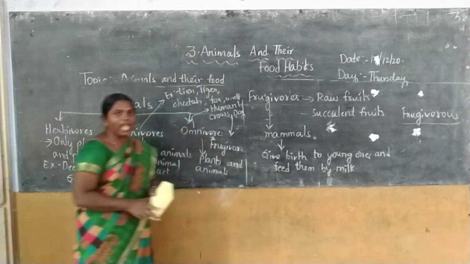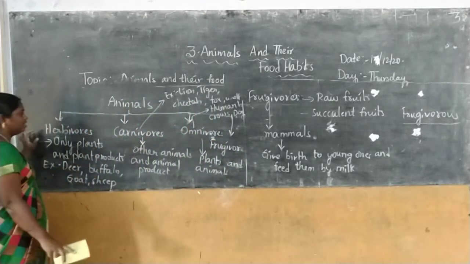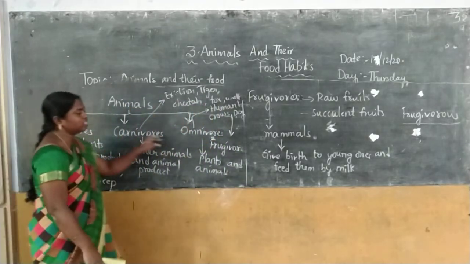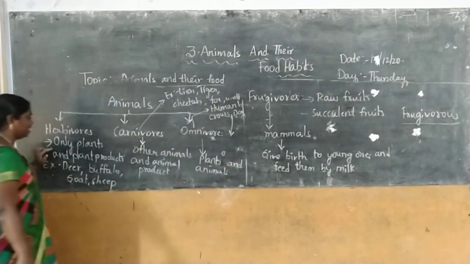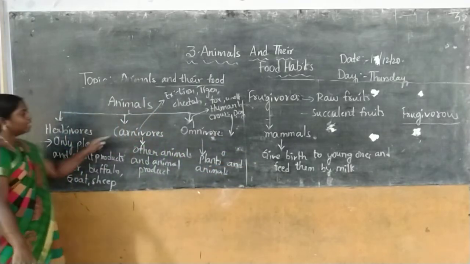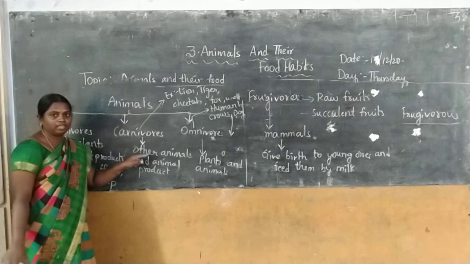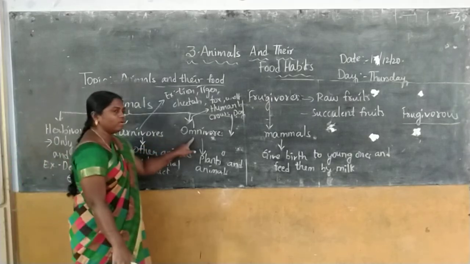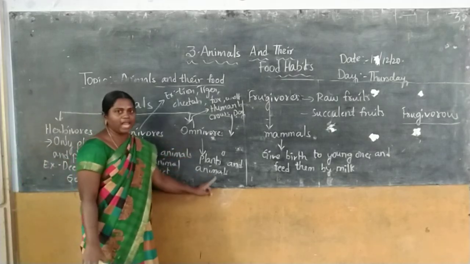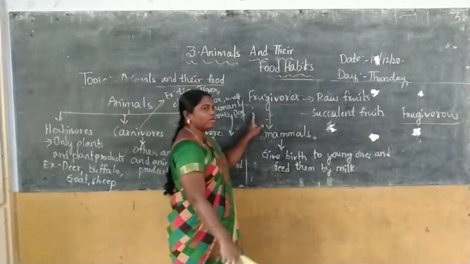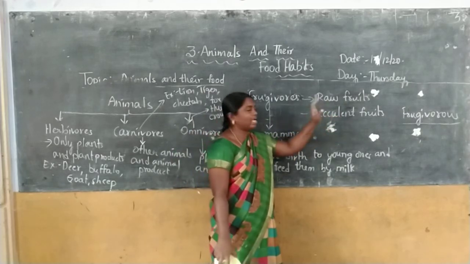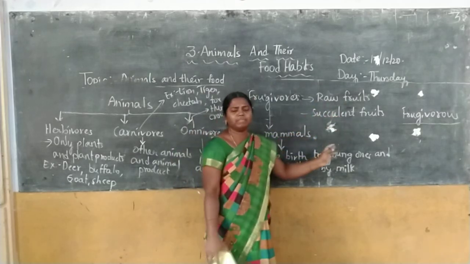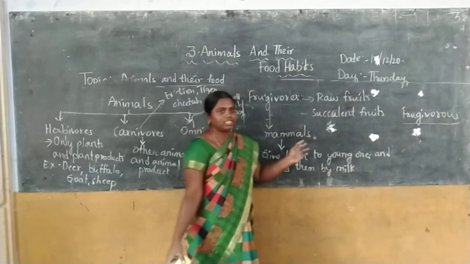Okay, so animals are categorized into herbivores, carnivores, omnivores. Herbivores are the animals that take plants and plant products. Carnivores are the animals that eat only animals. Omnivores are the animals that take both plants and the animals. Frugivores are the animals that take raw fruits and raw vegetables and succulent fruits, succulent vegetables, succulent leaves, succulent stems,